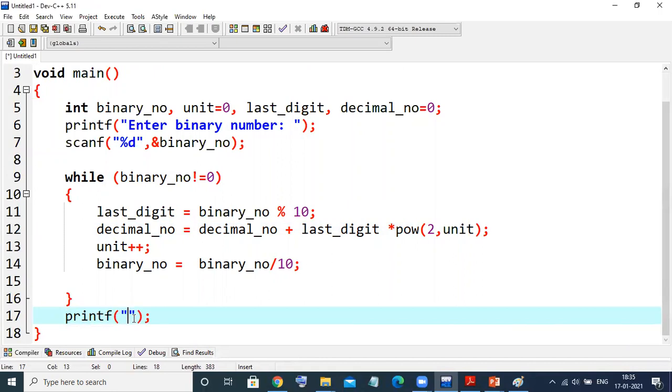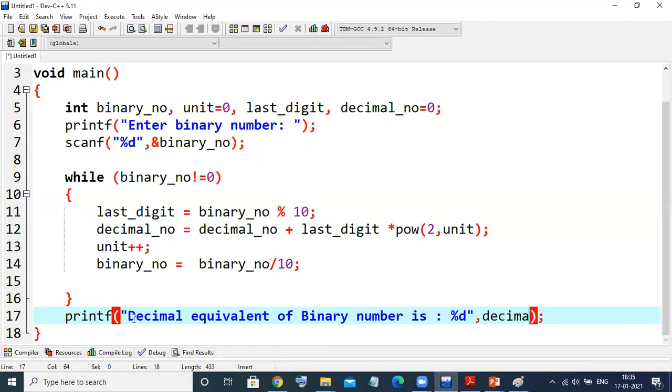What will we print here? The decimal equivalent of binary number is %d, comma, where is the answer?